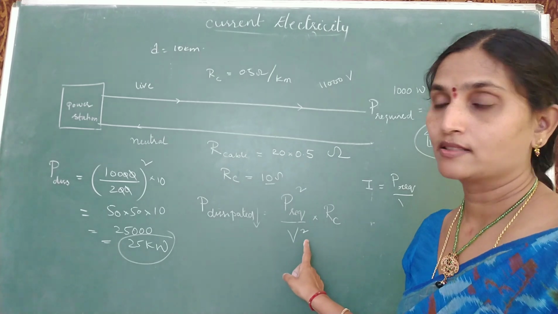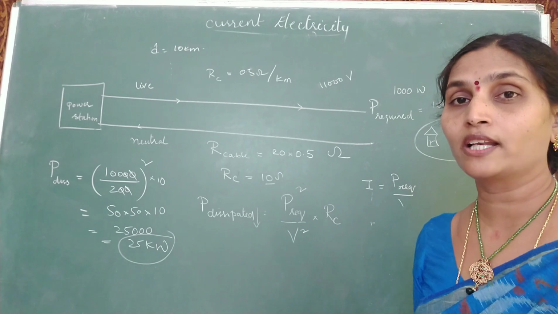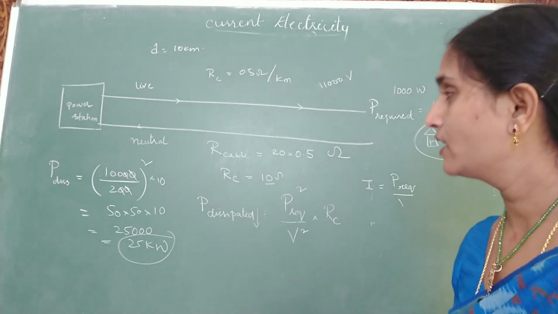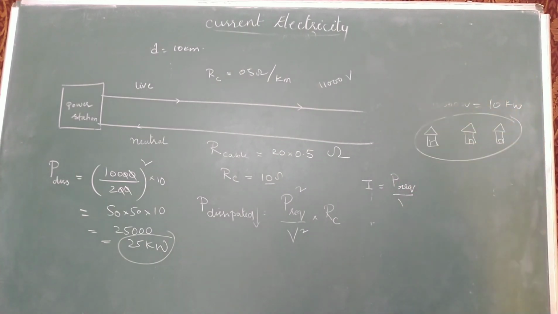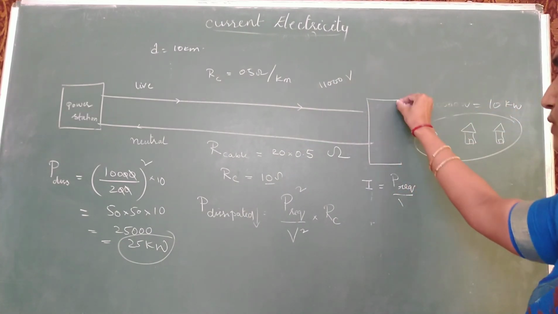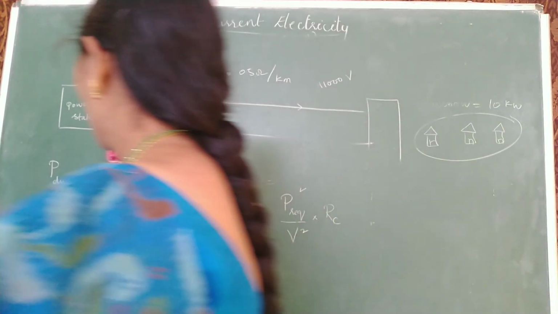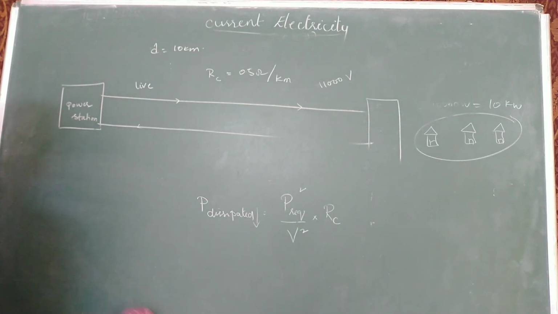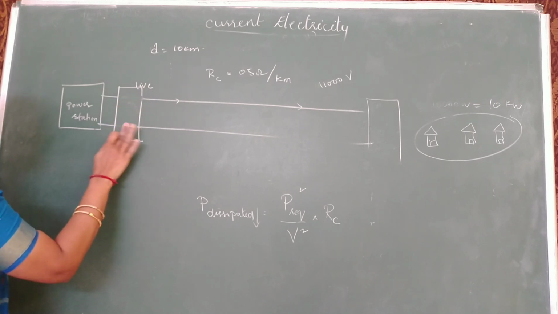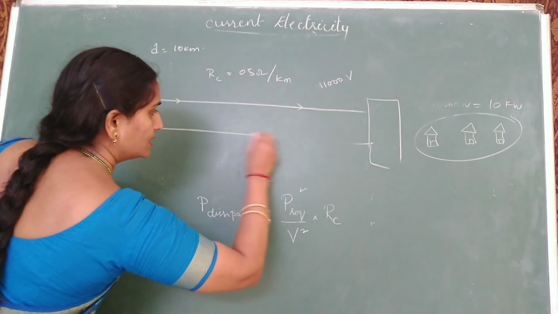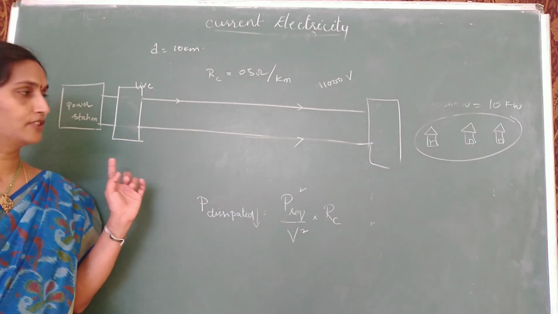But there is a disadvantage. If you supply 11,000 volts to the villages, is it a quite dangerous value or not? It is. So therefore, we add a device called a transformer. Here we will add one transformer. There will be two transformers during power transmission. Look at the two transformers. One is near the power station. Another is near the village. So look at how the actual power distribution system works now.